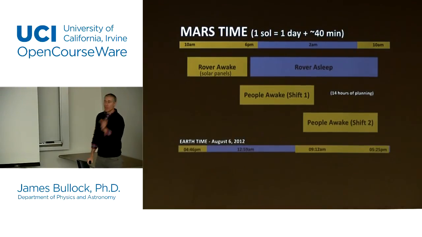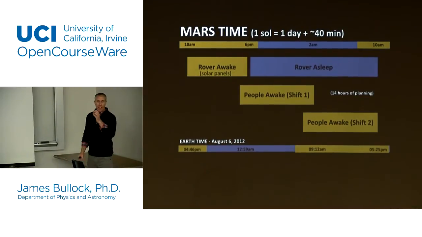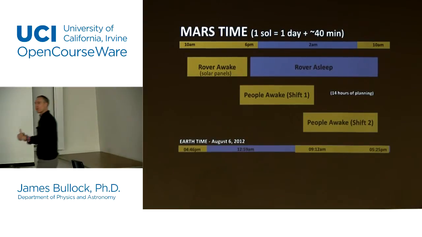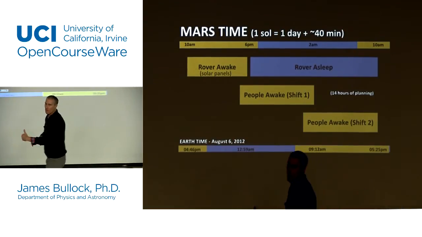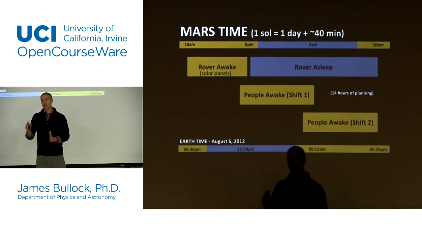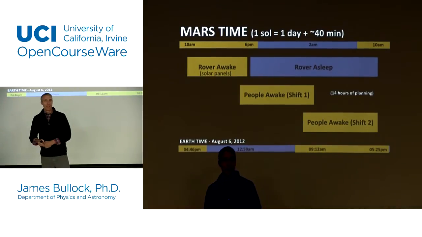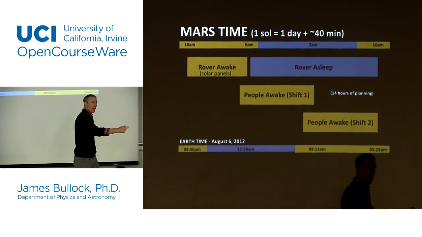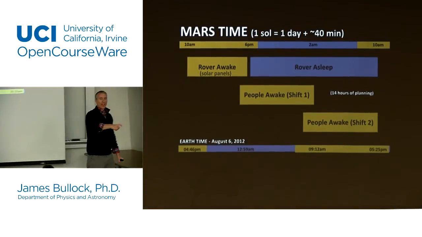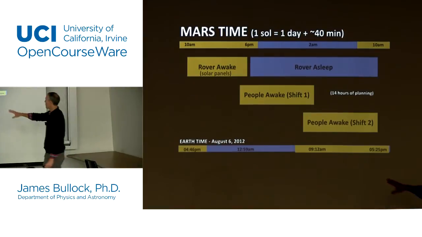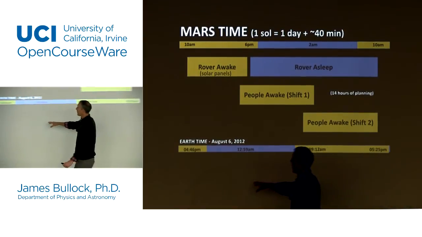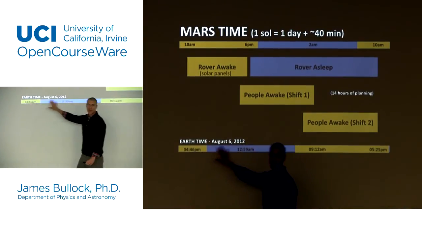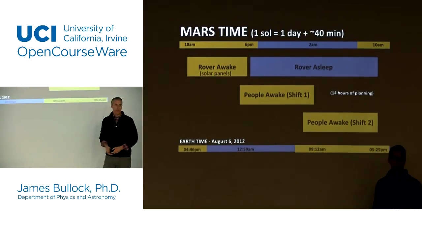Now the thing to keep in mind is the Earth day is 40 minutes off of this. So while they might have started this in some reasonable way, over time your shift shifts 40 minutes every day. So imagine coming into work, but you come into work 40 minutes later every day. Now the first few days it might not be that weird, but after a while you're now working in the middle of the night, and then you start working in the morning again. And so the people working on this lander had these really weird hour shifts where they would start working in the afternoon, and then they would have time off, and then they'd start working in the early morning.